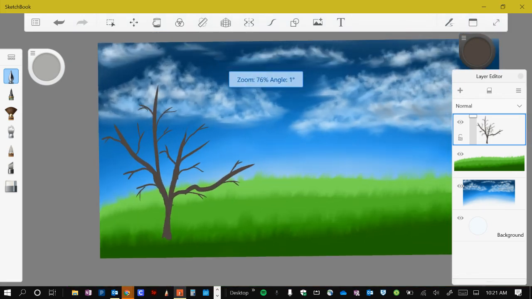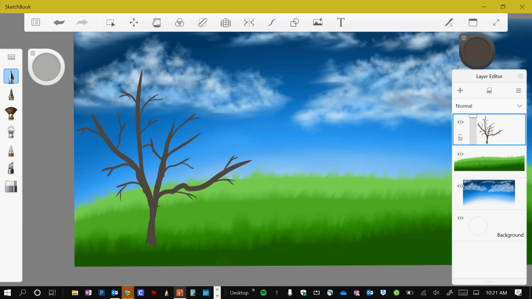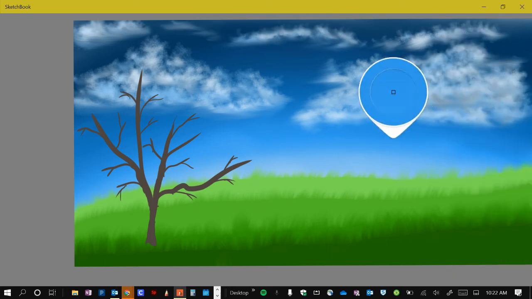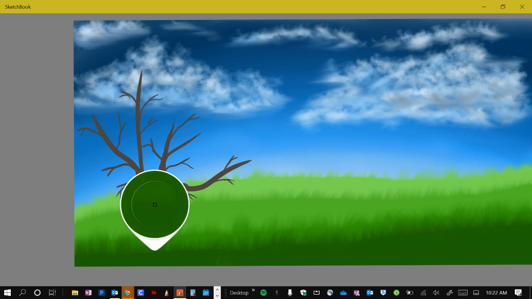All right, so we're going to clean up the base of this tree because we want to make this feel part of the ground it's in. And so I will need my ink brush still. I'm going to go to my color picker. And this time I want to get this green down here at the bottom. I want to cover it up with that green. So I'll click my eyedropper picker. And you see when I open that up, now I can decide